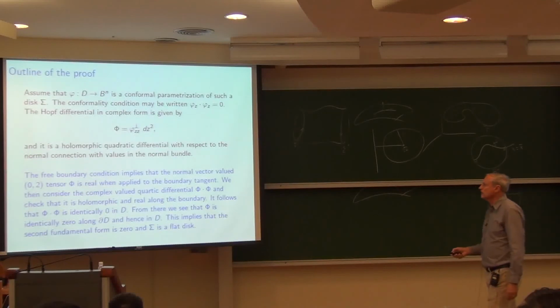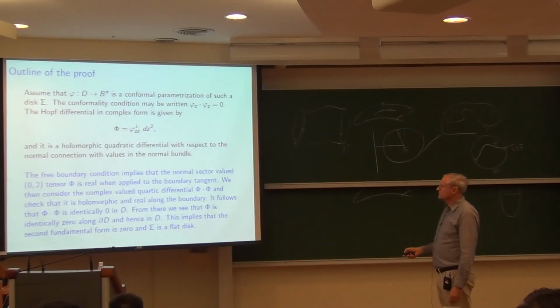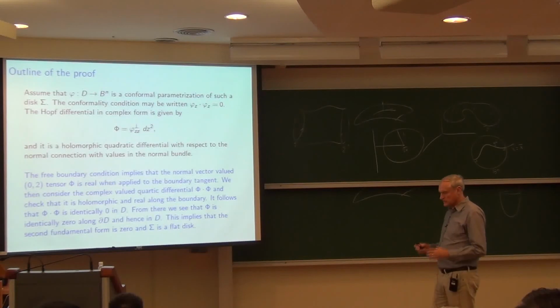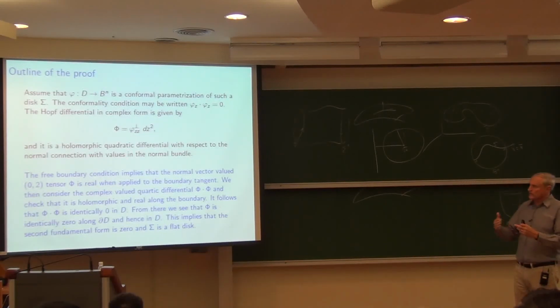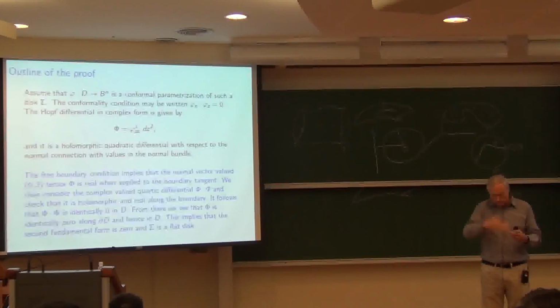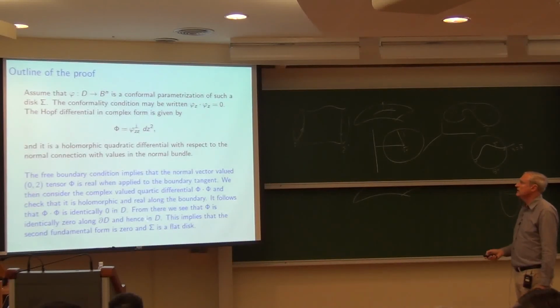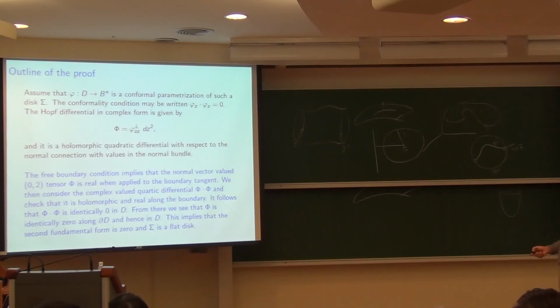Okay, so it turns out the free boundary condition implies that the normal vector valued (0,2) tensor phi is real. It's real when you evaluate it along the boundary tangent. So you think of the (0,2) tensor as a quadratic function of vectors. When you evaluate it along the tangent vector of the boundary, it has real values. It's a real vector value. So that follows from the free boundary condition. And then what we can do is make a complex valued quartic differential by just squaring it. So we take phi dot phi, so we use the dot product again to square it. When we do that,